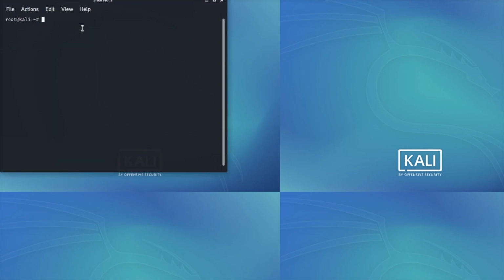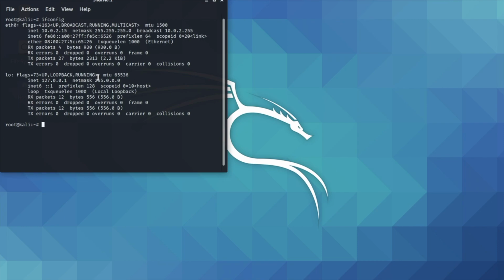So I am successfully logged in. Now again I will try to execute the same command. This is a terminal, type ifconfig. Yeah, so I got the details.